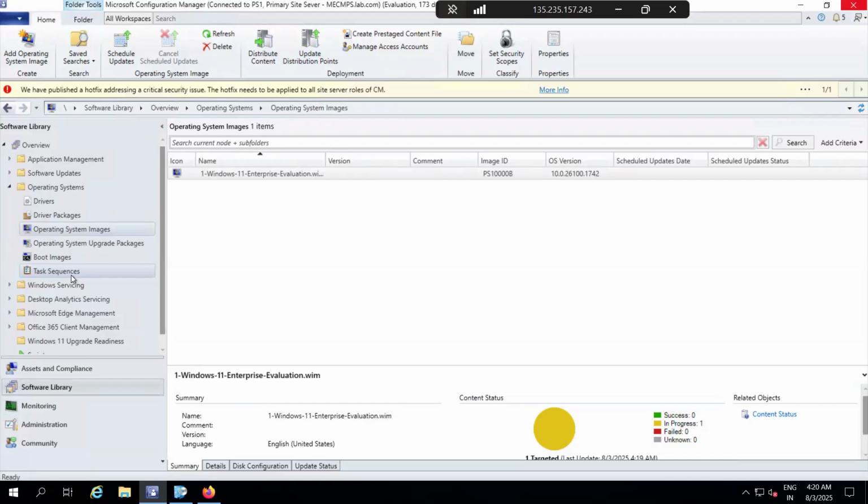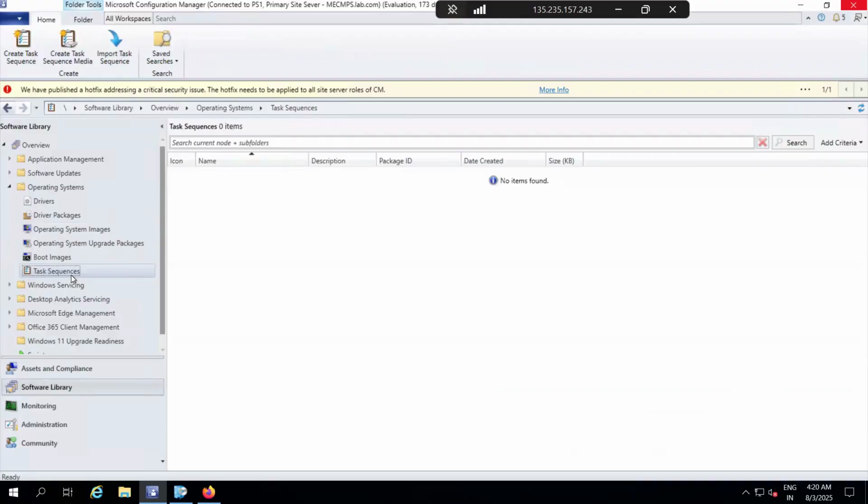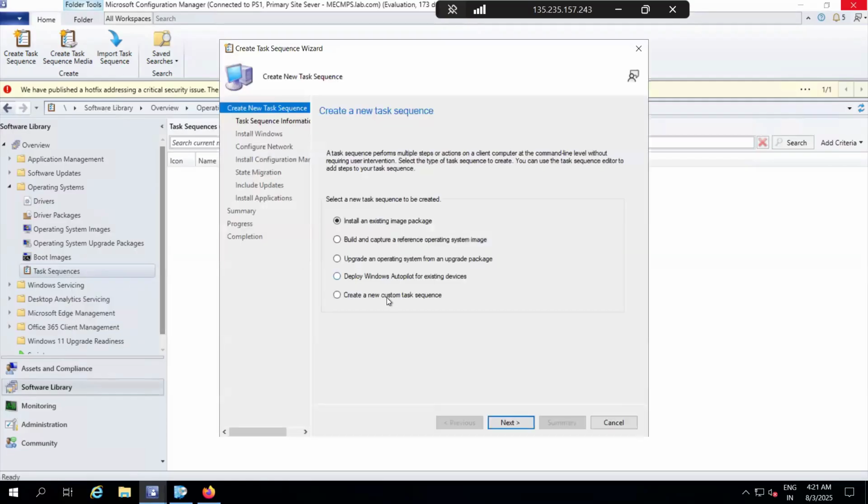यस सर। Then to create the task sequence, I will right click on it and then I will select Create Task Sequence. मैं यूएसबी पे भी बना सकता हूँ इसको, बूटेबल मीडिया भी बना सकता हूँ। उसके लिए मुझे चूज करना पड़ेगा Task Sequence Media। ठीक है। अभी के लिए Create Task Sequence। Now,